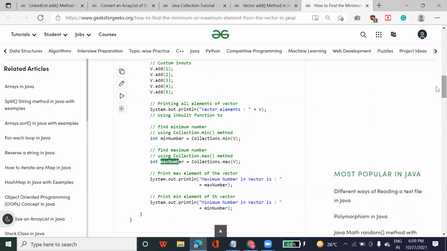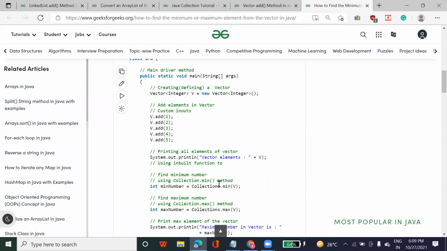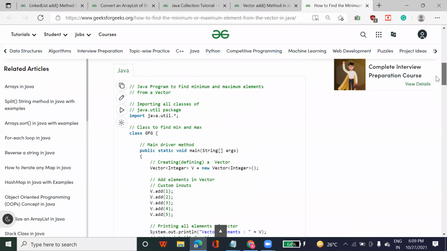So now it has become very easy with the help of collection. If you try with a normal program, how are you going to do that? You have to compare every element with every other element, like one with the other elements, then two with the other elements, three with the other elements. That will make the program more complex. But with the help of collection, it's very easy, right?